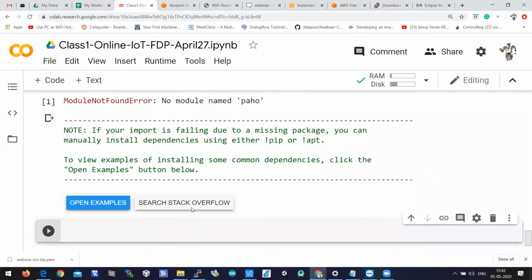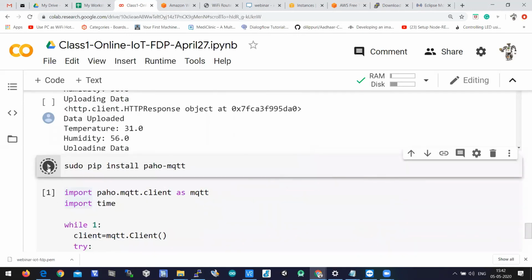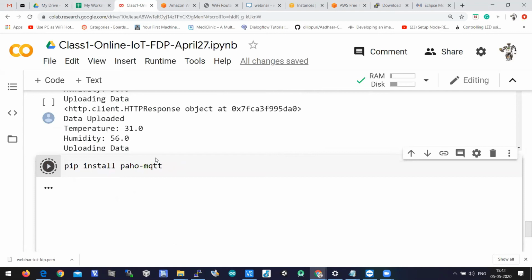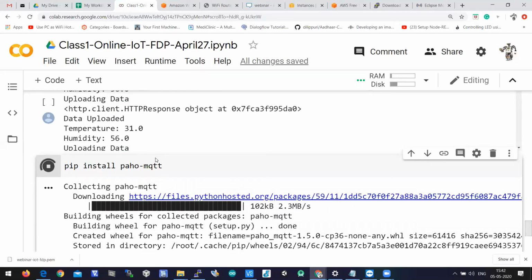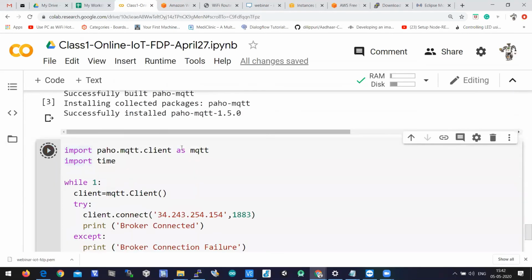Okay, it is saying that PAHO is not identified. So let's install it. Sudo pip install PAHO mqtt. Sorry, no sudo. You can enter pip install PAHO mqtt. Okay, this library is installed, and then you can run this program.